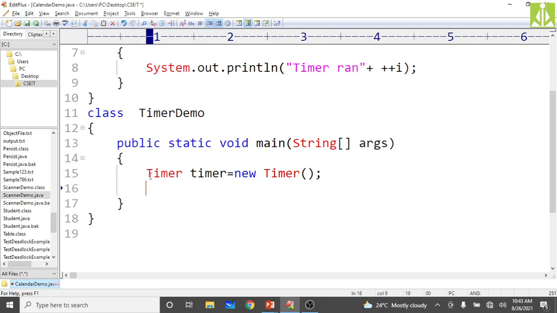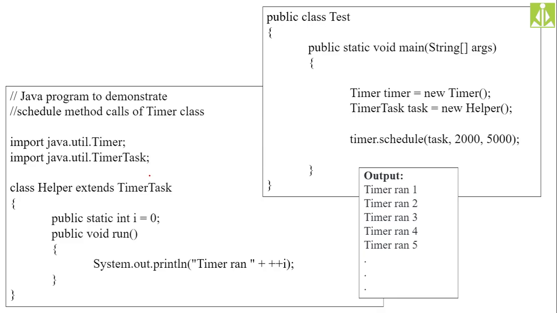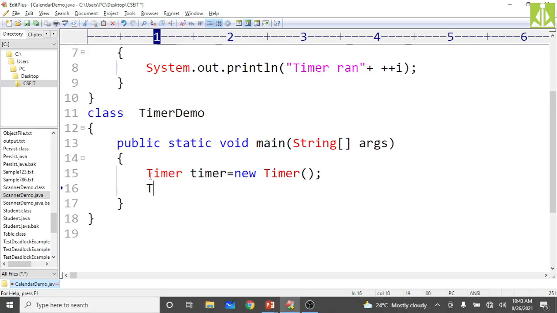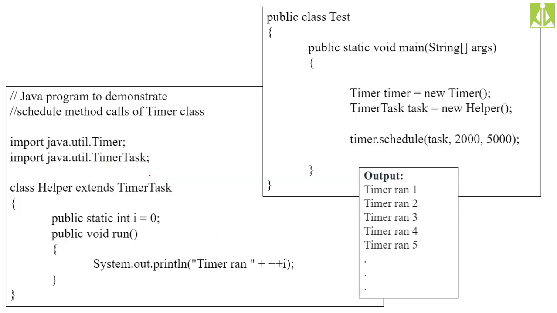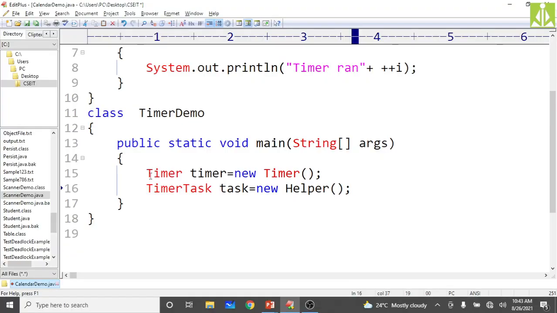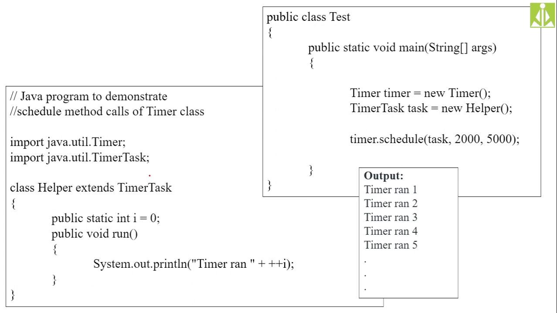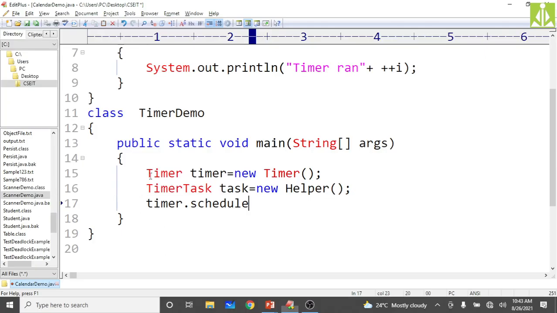No. Then create the instance of the Helper class and put that instance inside TimerTask: TimerTask task equals new Helper(). Then we call the timer.schedule method.